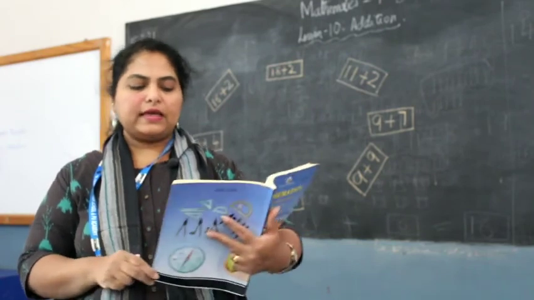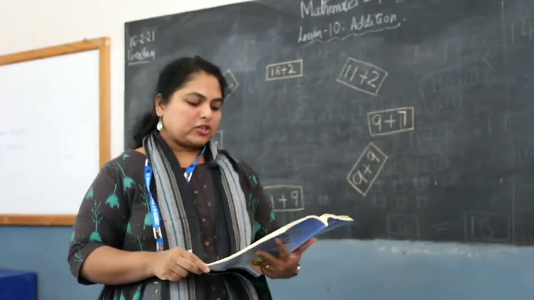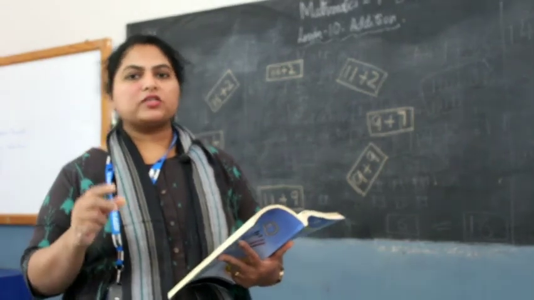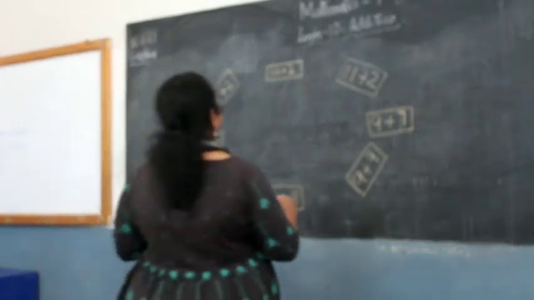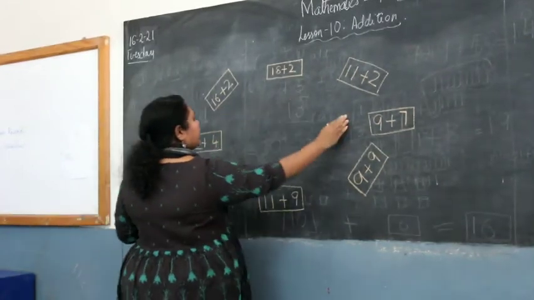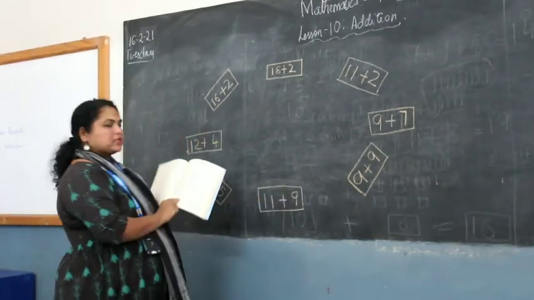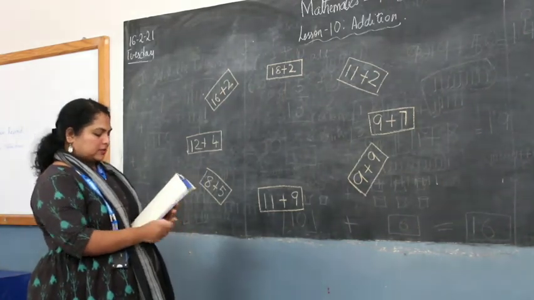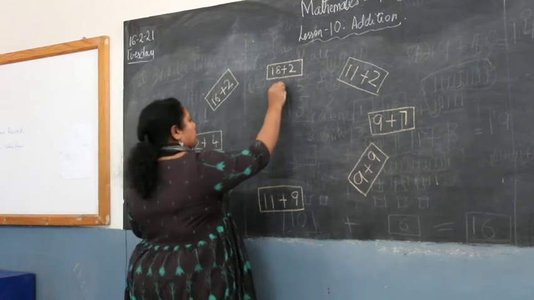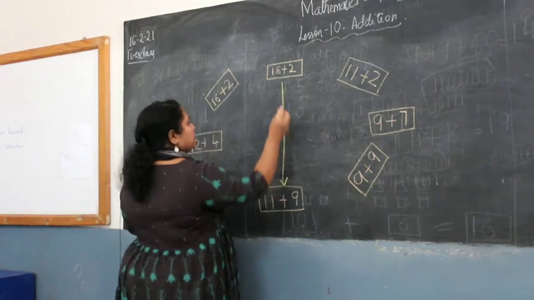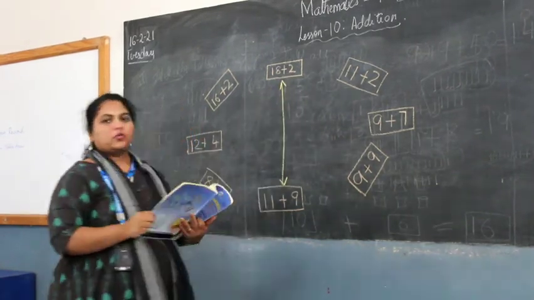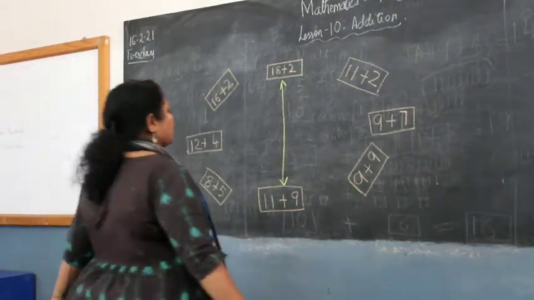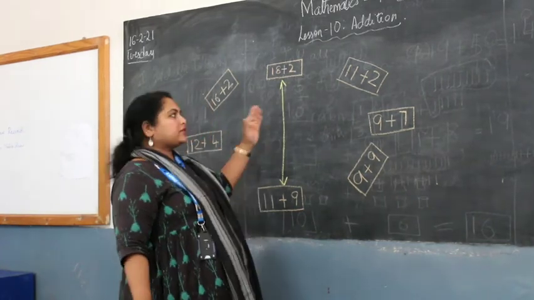Now we go to your page number 121. In this, what they say is you have to match the pairs which are equal as shown. They've given a set of numbers here. There are 8 sets of numbers given around, as in your textbook, and there's already one done for you, from 8 plus 2 and 11 plus 9. So what does this mean when you say match the pairs which are equal as shown? Take your notebook and write one by one.